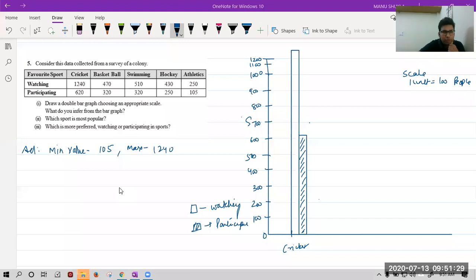Rishi: sir, in the exam, will they provide graph paper? Yes, beta, you will be provided. You must have seen people getting graph papers. Can we use kink in the bar graph? Yes, beta, you can use it. In this one, it is not needed. In this bar graph, kink is not needed because all intervals are equal. You can see the interval is 100, 100, 100, 100. That means we have not pushed at all. If we push, then only we need a kink. Yes, Banipreet, you can use different colors.